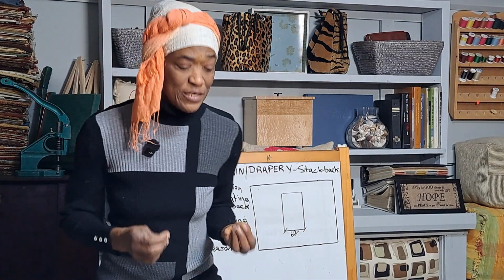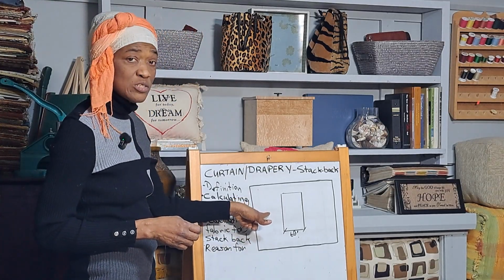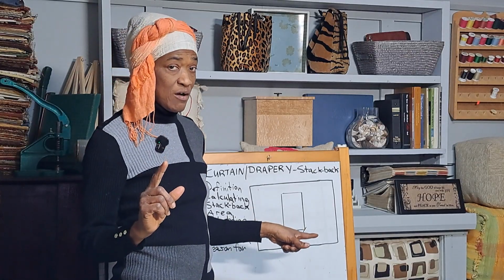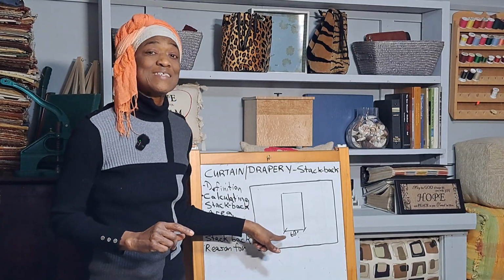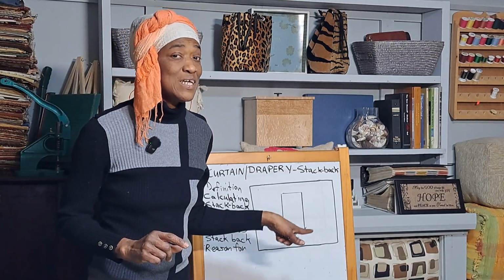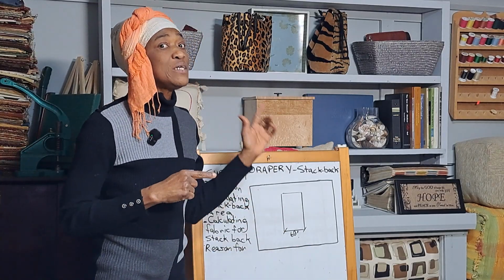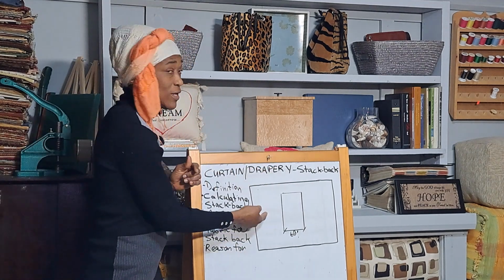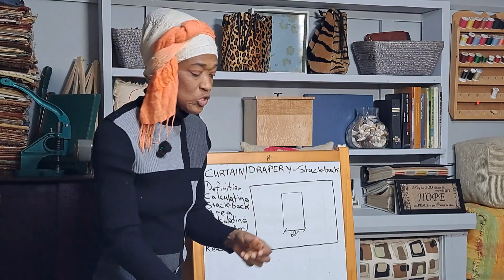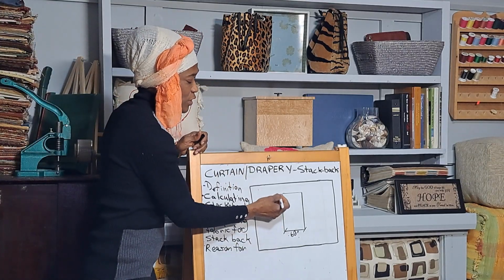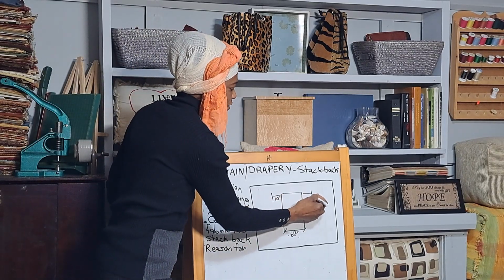But the rule of thumb suggests that your stack back area, which is from the frame out onto the wall, should be 1/3 of your window width. So we have a window that's 60 inches. 1/3 of 60 inches would be 20 inches. So our stack back area should be 20 inches. Not 20 inches on one side, but on both sides. We divide that 20 and we get 10 inches. So for 60 inches, we should have a stack back area that is 10 inches on this side and 10